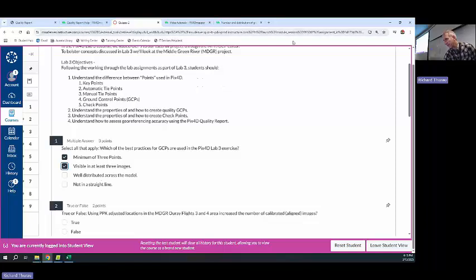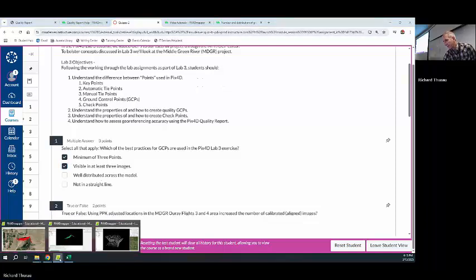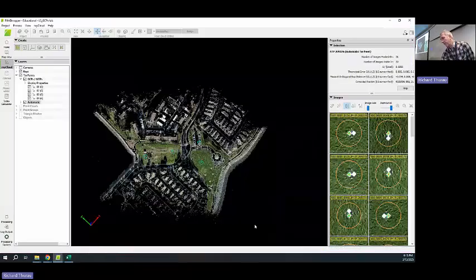Because if we really want to understand good three-dimensional accuracy, like if I want to measure the roof height of these houses down here, these GCPs are poor. They're pretty much in a straight line. I know these two make a little T, but